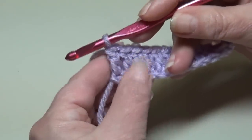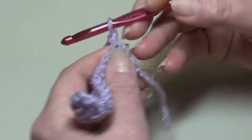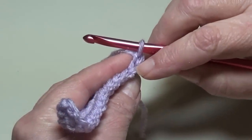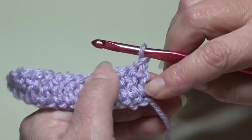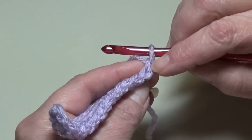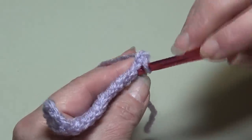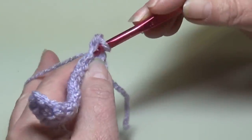So to start row 2, we're going to chain 1, and you're going to turn your work. We're going to skip this beginning chain 1, and we're going to work right into that first stitch. It's hard to see when you're on this side. It's easier if you turn your work towards you. You'll see your chain 1, skip that. This is your next stitch. There's your next stitch. So skip that stitch, insert your hook into that first stitch, yarn over, pull through that